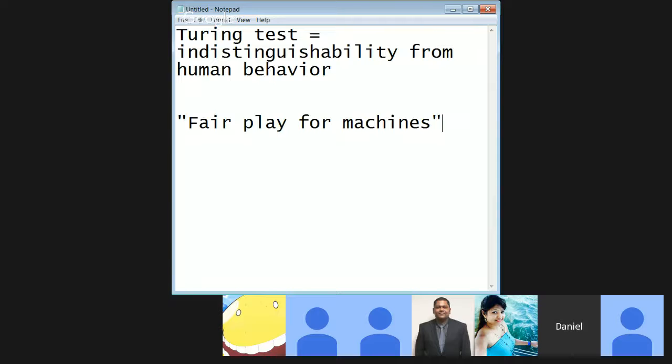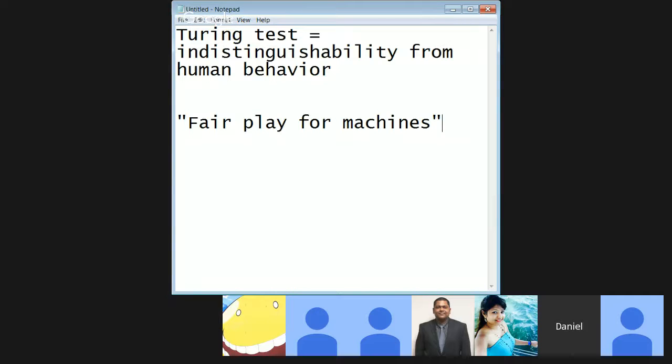He says it wouldn't be fair to judge the machine by any standard other than the same standards we use to judge human beings, right? So in this class, I have a rubric for judging the quality of your work, and that's how I grade all the students. And to be fair, I grade all the students the same.